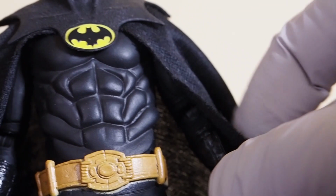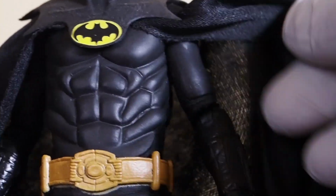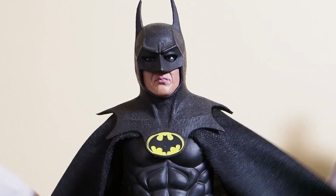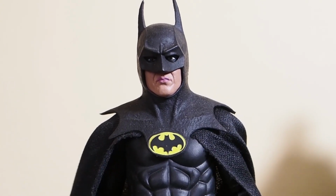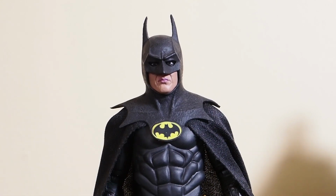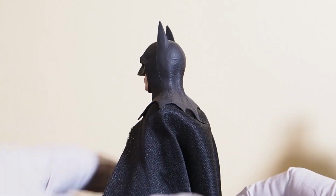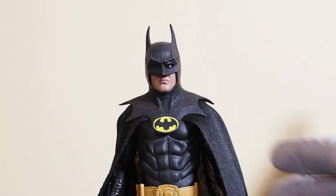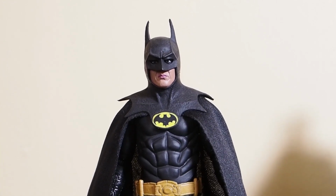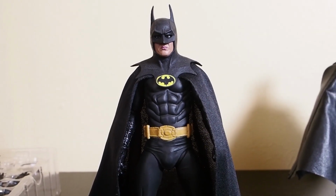The cape is very cheap. You can see it's a see-through one. It's kind of like your t-shirt type of material. But it does flow a little bit better than the other one. And you could probably go like that, and he's gonna look great, and he's gonna stay put too. The cape is somewhat softer, a lot softer than the other two versions. It drapes better than the SHF and also the Mezco. So that in itself is quite good, but it is a cheaper material,